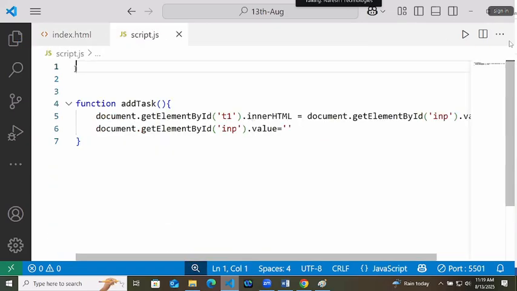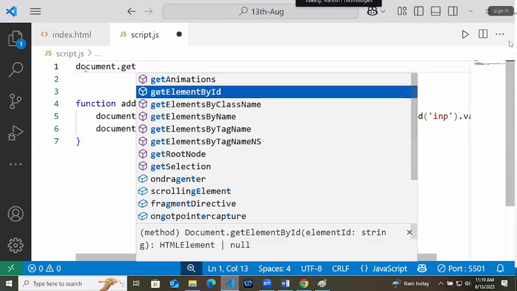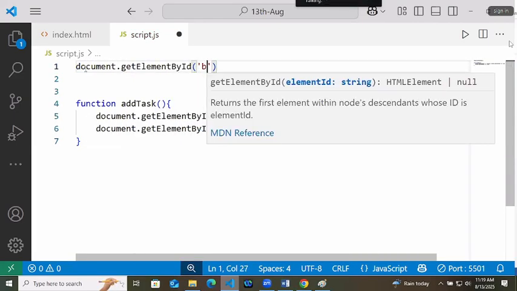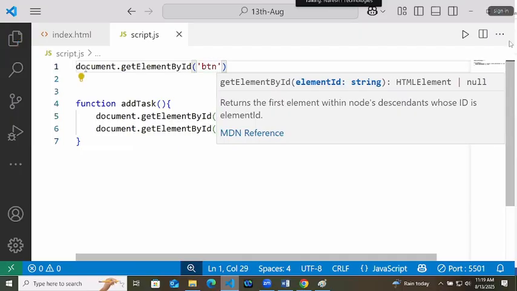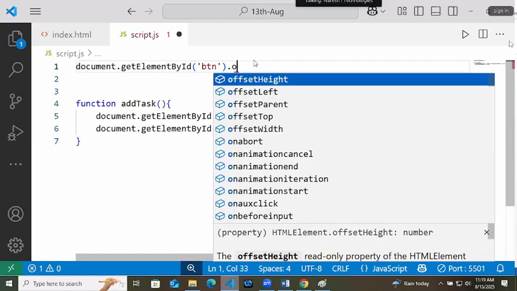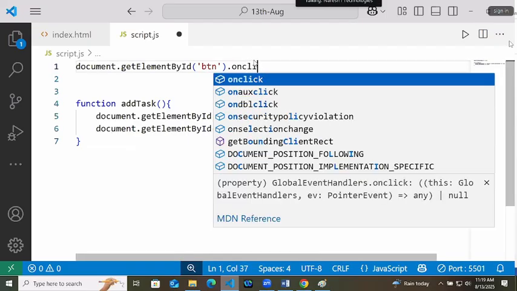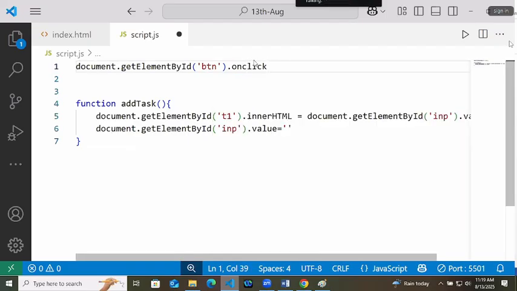Now in JavaScript, we will mention document.getElementById. ID is btn. By writing this line, the entire button tag will come. To this only, I will write onclick. Whenever this button is getting clicked, what will happen?